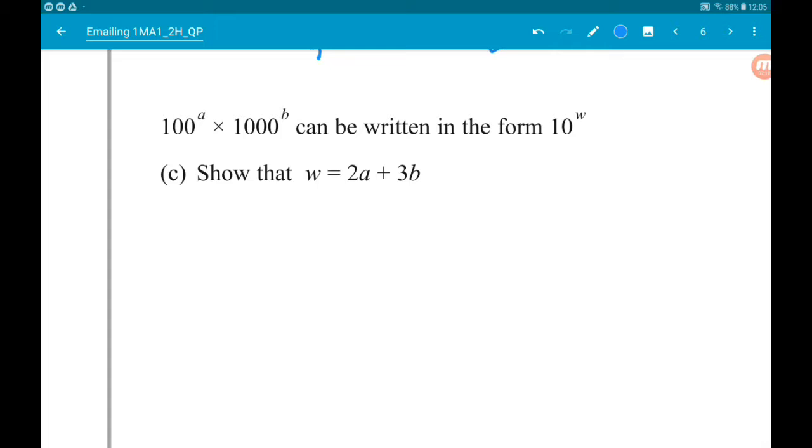Okay, so notice in the form we want it, the base number is 10. So what we need to do is turn 100 to the power of A into 10 to the power of something. So 100